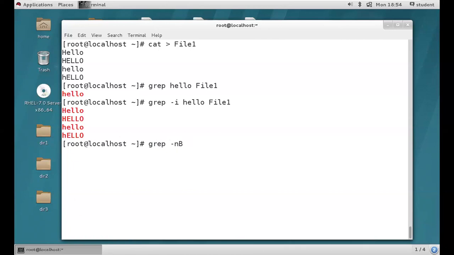So capital B, and then 4 is a number, meaning 4 lines before.